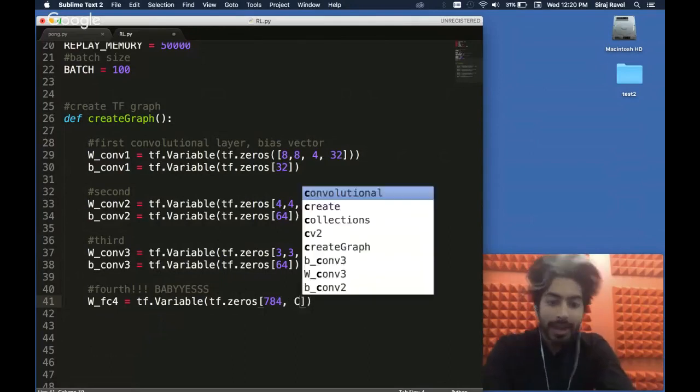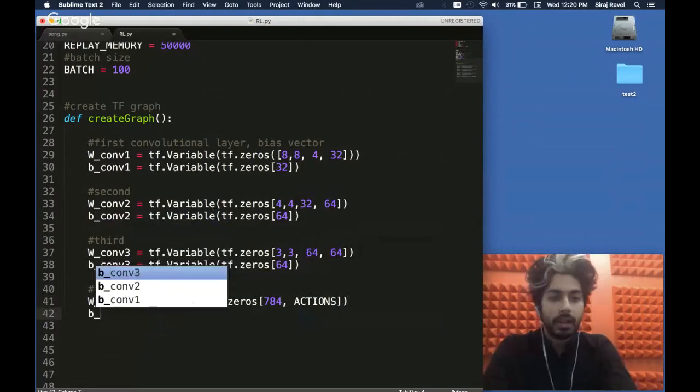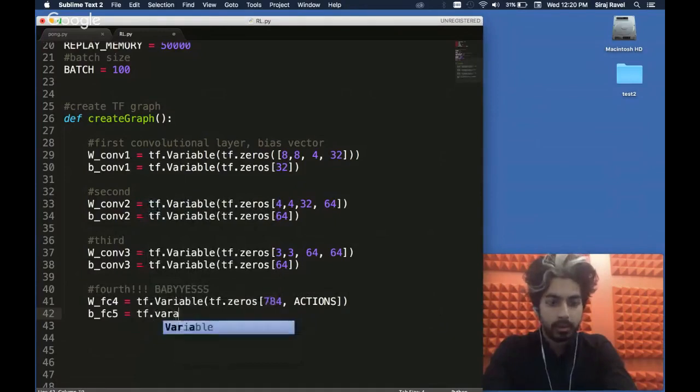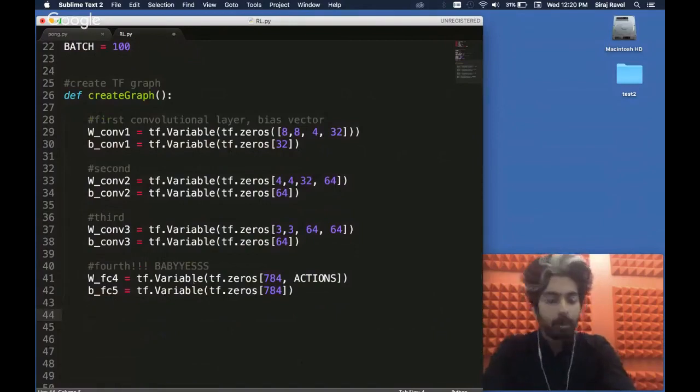And we're going to use our actions as a parameter here. I'm going to explain this in a second. And then our bias, let me just code out all of these layers, equals tf.variable, tf.zeros again, and then 784. I will upload the source code.